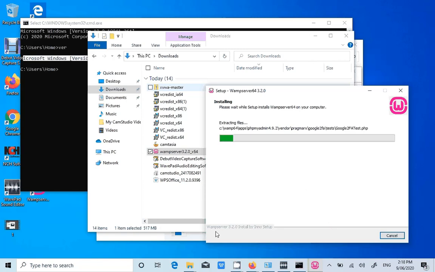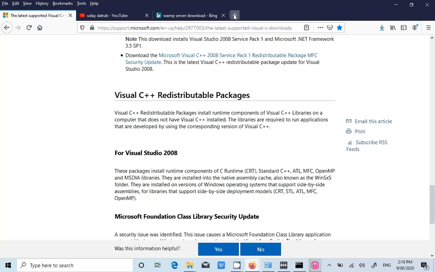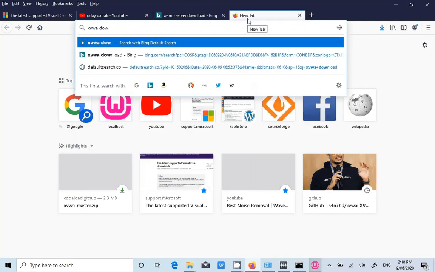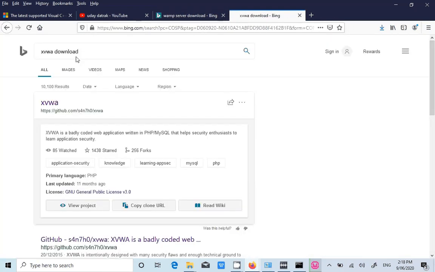While installing, you can search for XVWA download. XVWA stands for Extremely Vulnerable Web Application.